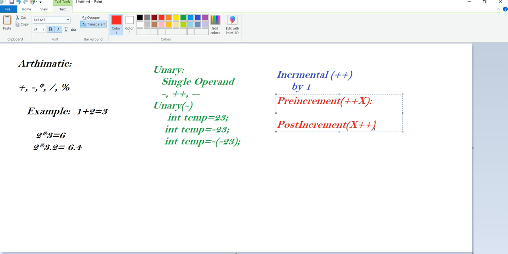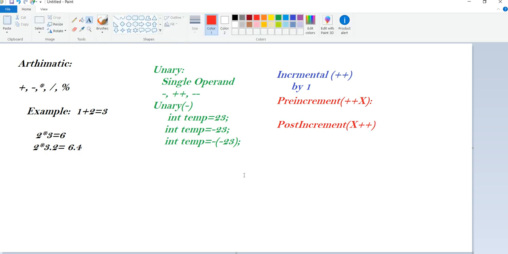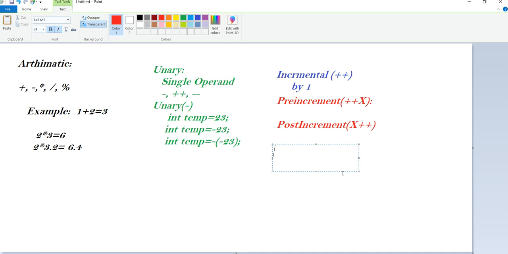And the same here, the next operator: like increment, there is a decrement also. For decrement also, we reduce the value by 1. A decrement operator will decrease the value of the variable by 1 based on position.